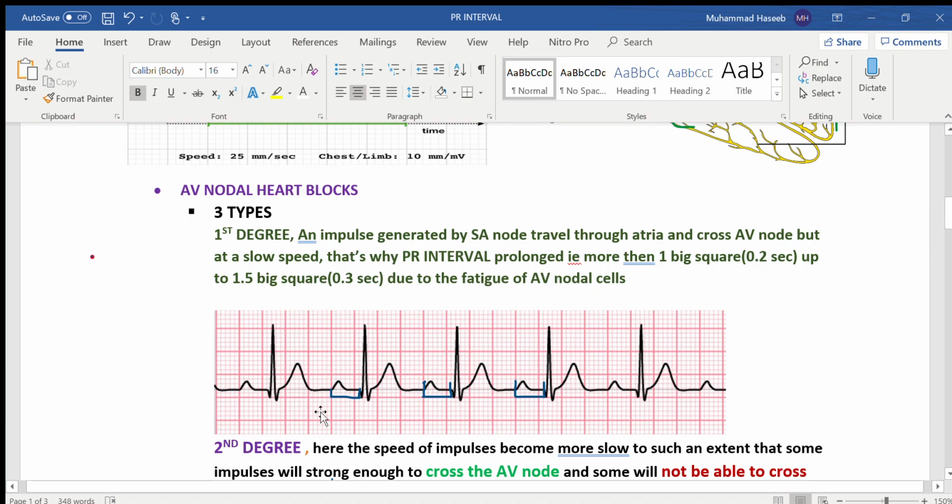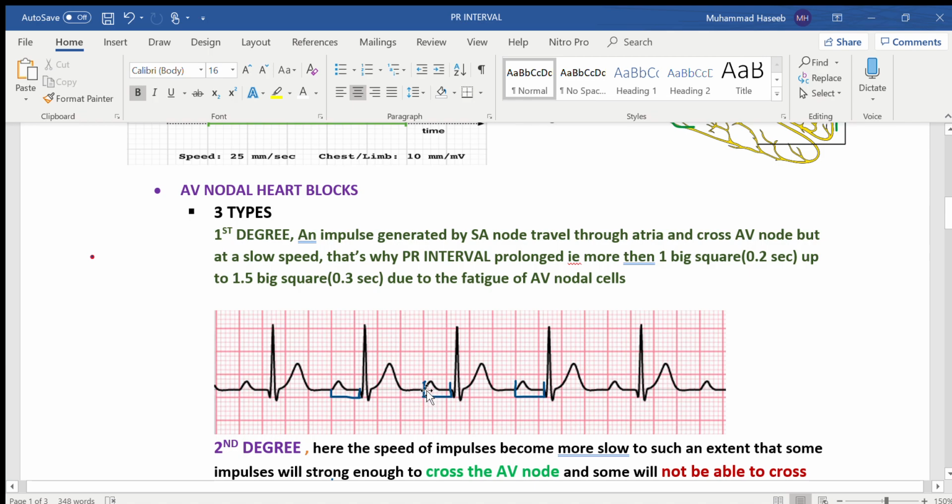On the ECG, you can well understand if you see this ECG. This is your PR interval. You can see that the PR interval is one big square, and we have added one smaller square with it. So this PR interval is prolonged now, that is, this interval is more than a big square. You can very easily understand by the bluish marking over here. So this is a prolonged PR interval. So this is first degree heart block, and it is not more than 1.5.